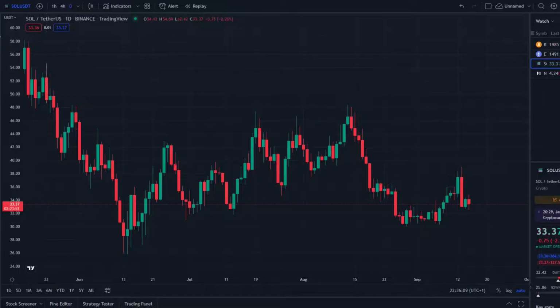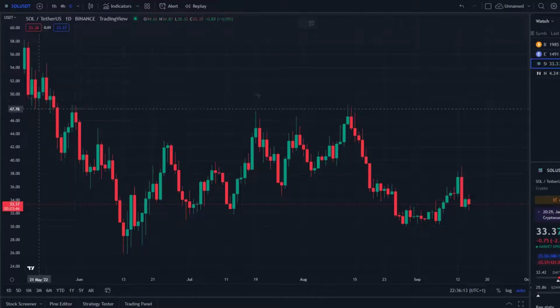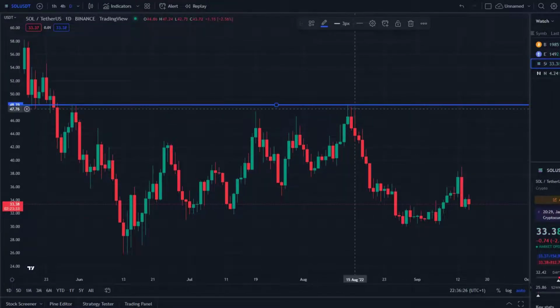If we start to map out where support and resistance are, I'll use the horizontal line. Actually, it probably starts up there, but I'm just going to focus on this area down below. Your first resistance level is this area, the $48, because we haven't broken that level, therefore we've hit resistance and it's come back down from there. And then your next level of